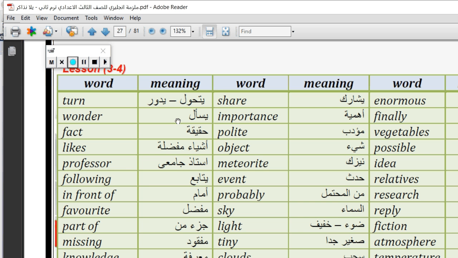Share, importance, polite, object, meteorite, event, probably, sky, light, tiny, clouds, enormous, finally, vegetables, possible, idea, relatives, research, reply, fiction, atmosphere, and temperature.